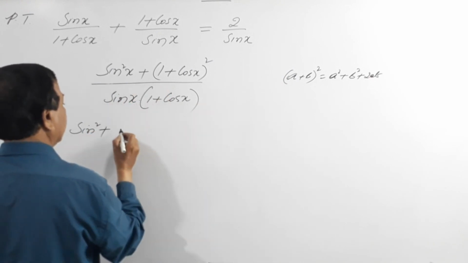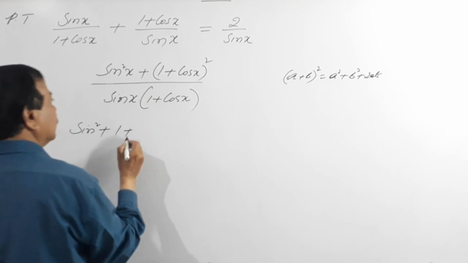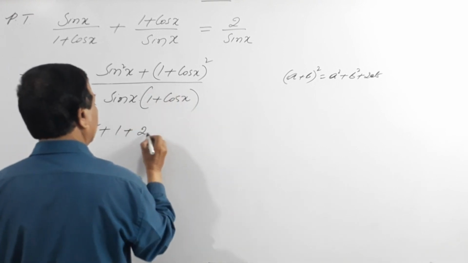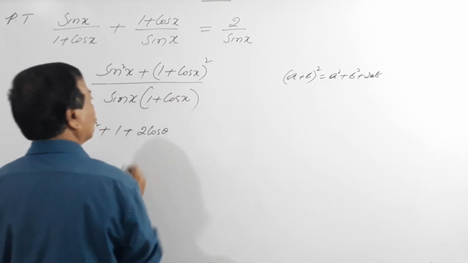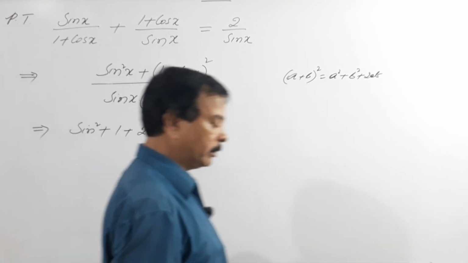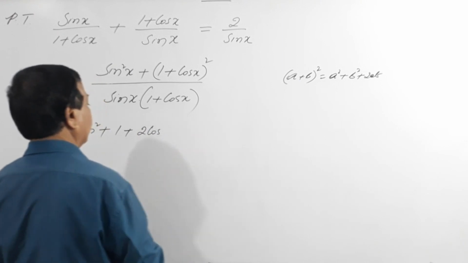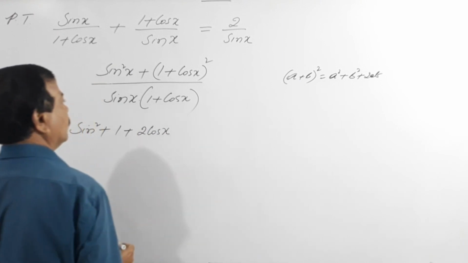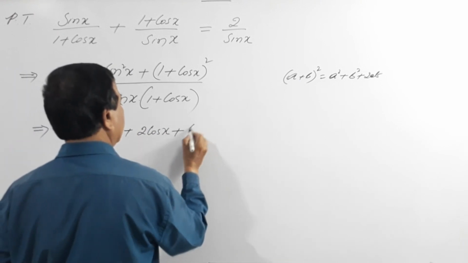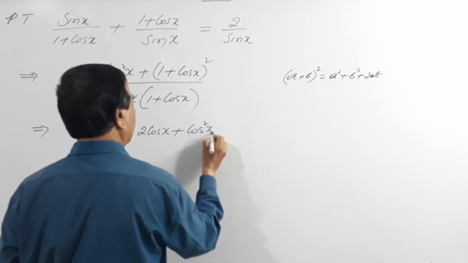A is 1, so 1 plus 2 cos x, sorry not theta, cos x, plus cos square x